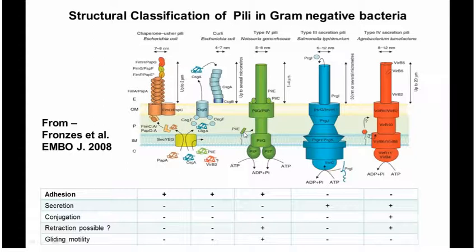okay, when filament proteins are added, the filament's going to extrude from the cell. When filaments are taken away from the base, it's going to come back in. It's going to be retracted. And that means, okay, so type 4 Pili, retraction is possible. And their function is in adhesion and gliding motility. So how does that work? Well,